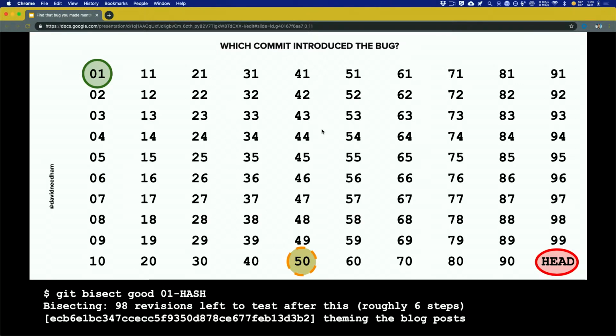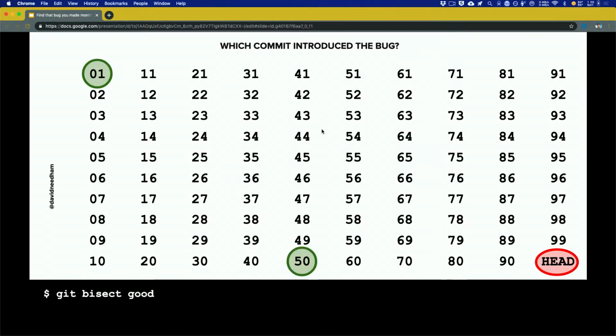It checks out that commit, and then we go and check to see if it's working or not. We go to our site, we go to our code, depending on what kind of a site this is, or if this is just your repository or whatever. You go see if it's working the way you'd expect it to, and then you answer the question. So you can say, "This is good," with git bisect good,